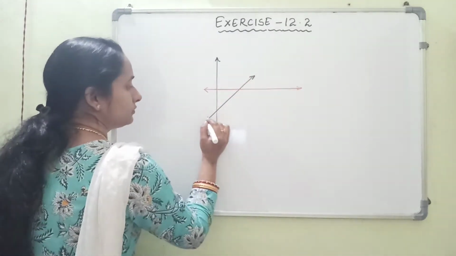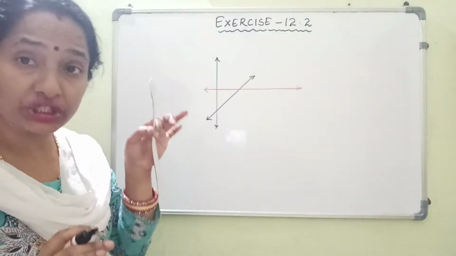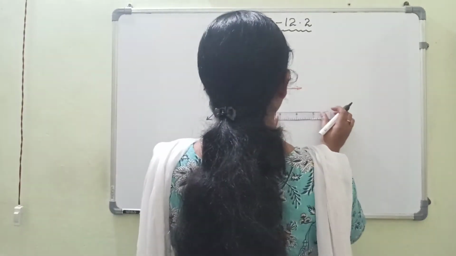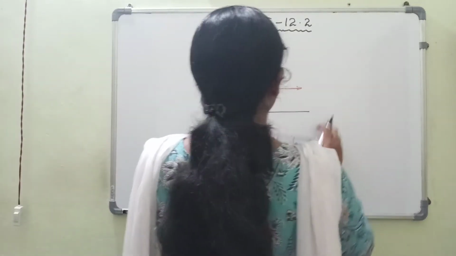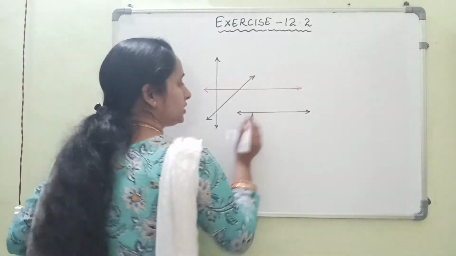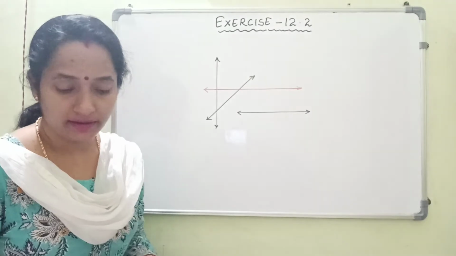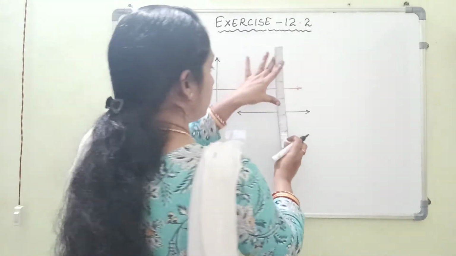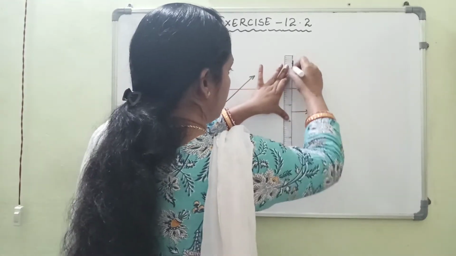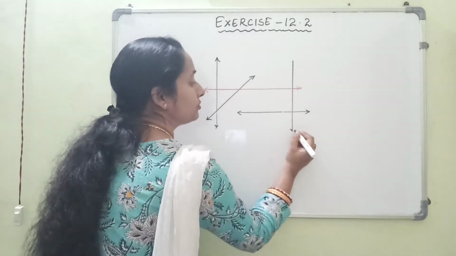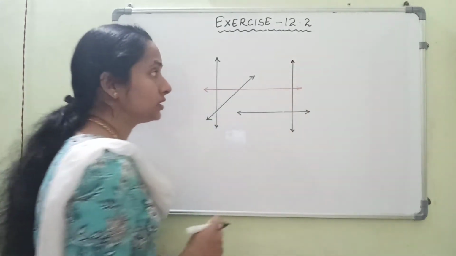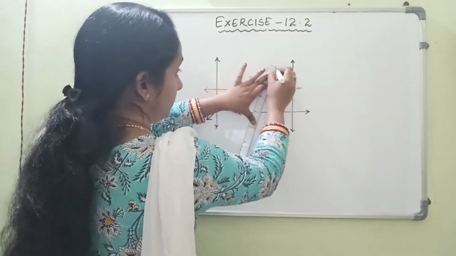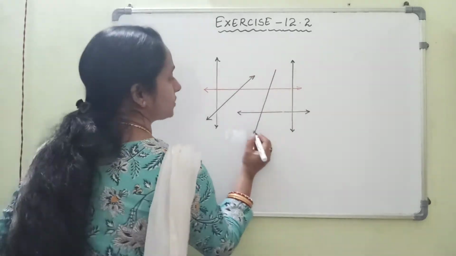Children, it is better to always use a scale. You should use a ruler or a scale to draw lines. You will never draw any lines or geometrical shapes without using a scale if they are made up of line segments or lines. If they are curves, you can draw randomly. If it is a circle, you will use any circular ring or the compass we have, which you will learn in the next chapter. So let me draw this.